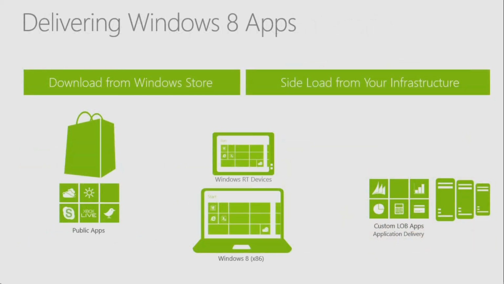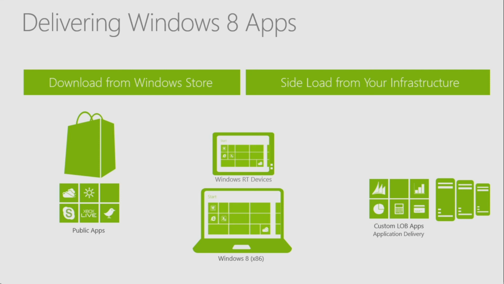You can download from the Windows Store. Those are public apps. That's going to work on an RT or Windows 8 device. And we can also sideload, and there are different ways to do it. We can do this directly through a PowerShell script. We can push it out via GPO, or we can even build hosting platforms using Windows Intune or SCCM, where